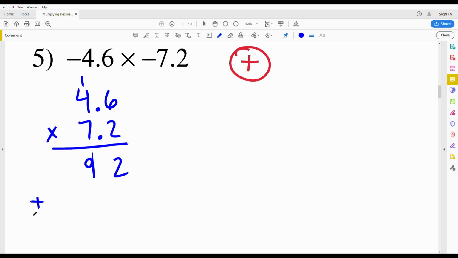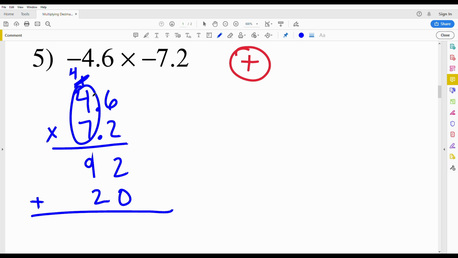And that will all get added to placeholder 0 because now I'm working with this left digit. 7 times 6 is 42. Write my 2, carry my 4. This 1 was for the previous stuff, so I'll write my 4 above it. 4 times 7 is 28, plus 4 will be 32. Now I'll add this up. 2 plus 0 is 2, 9 plus 2 is 11, carry the 1, 1 plus 2 is 3, and then